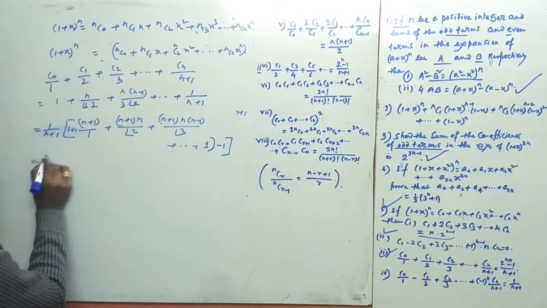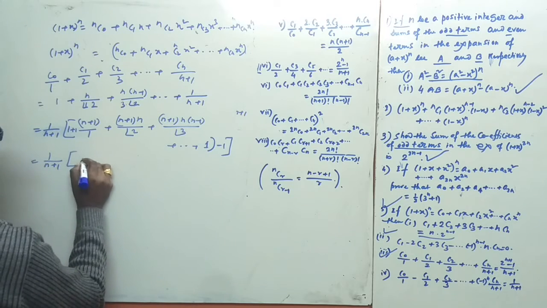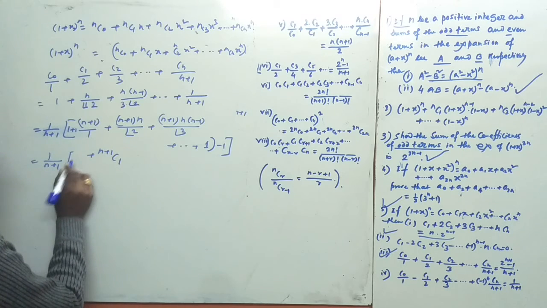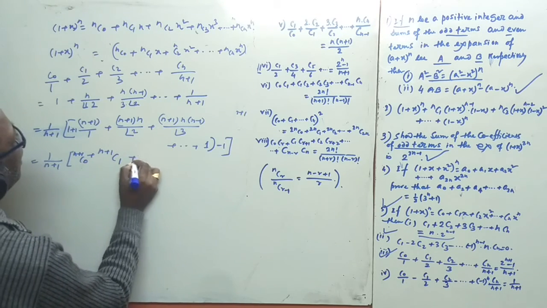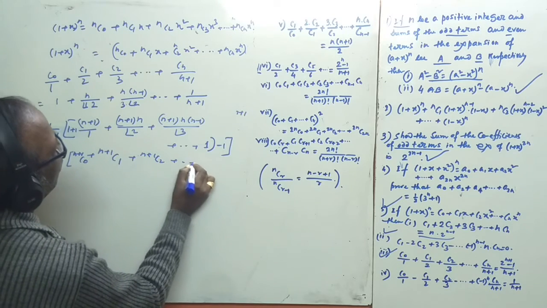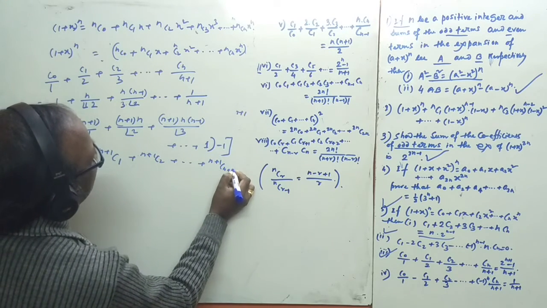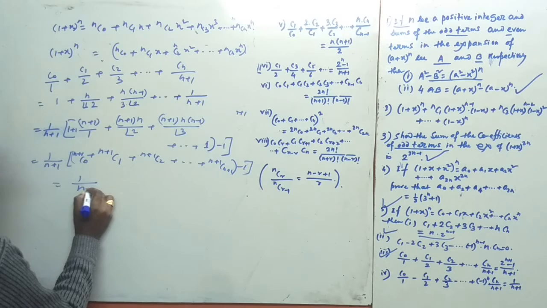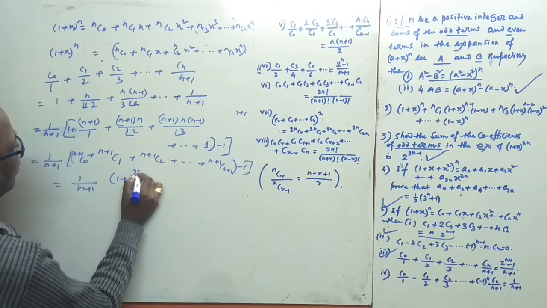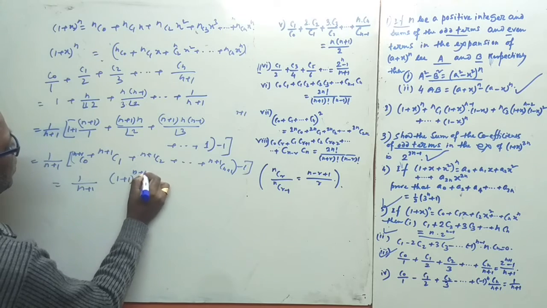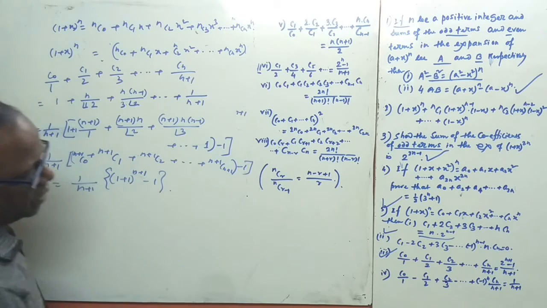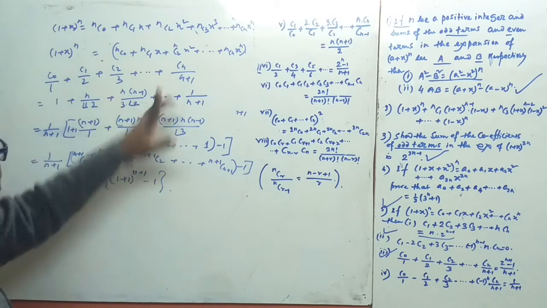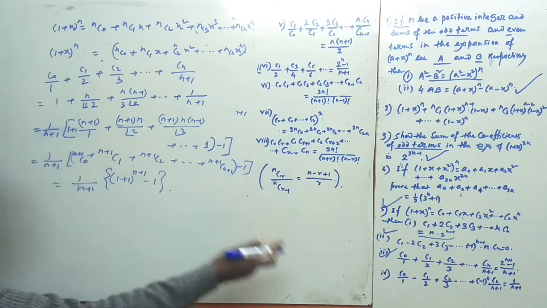Okay, and see, 1 by n plus 1, and look here, 1 plus, that is n plus 1 C1, and this is here n plus 1 C0, n plus 1 C2, and n plus 1 C n plus 1. Okay, and this is minus 1 here, and that will be 1 by n plus 1, and this is (1 plus 1) whole to the power n plus 1 and minus 1. This is your answer. And same procedure we have to follow. And this is minus plus minus plus. Okay, this is the question for number 2.